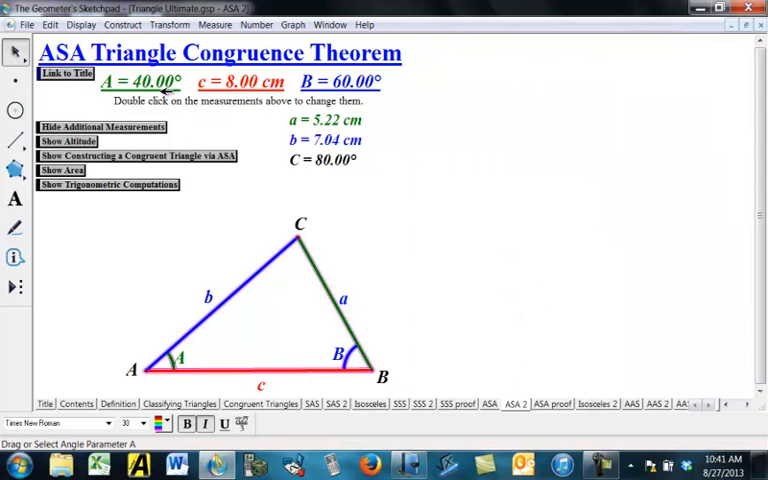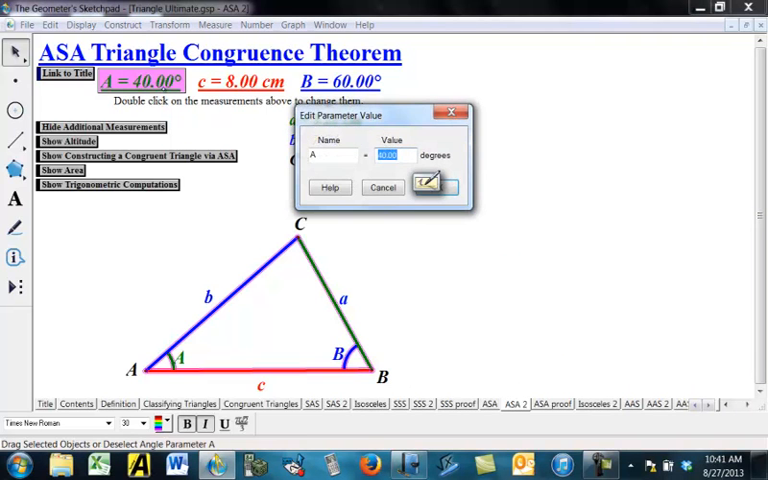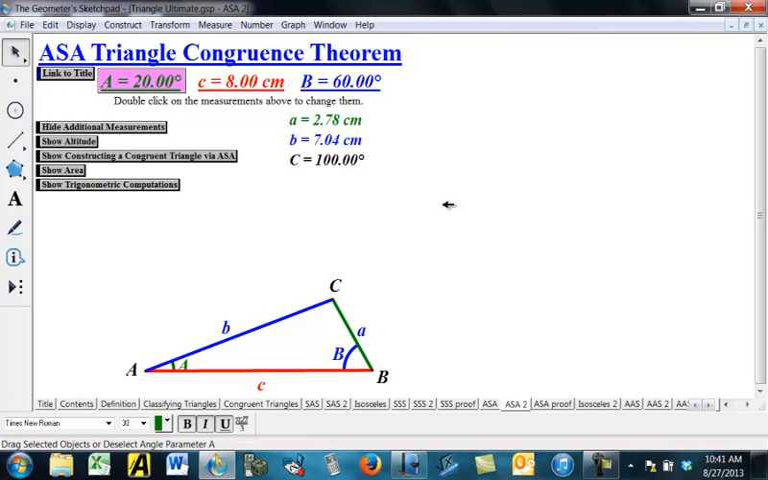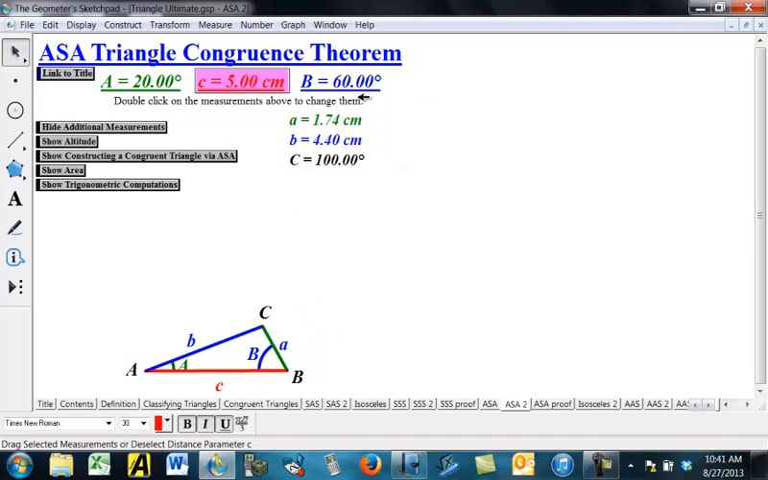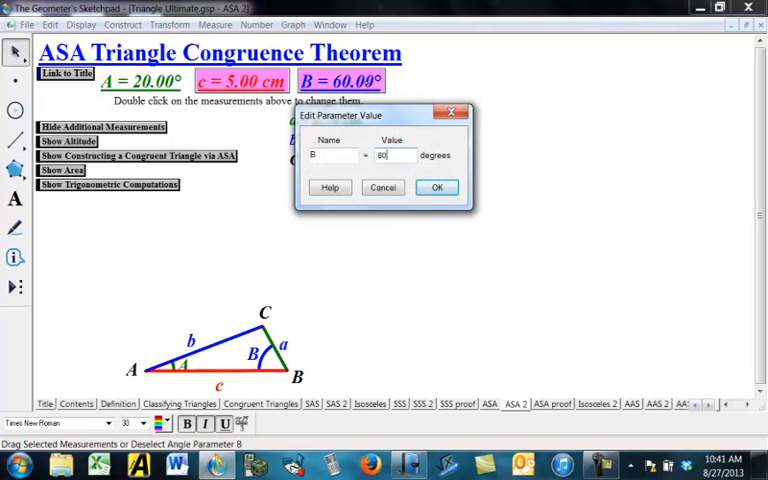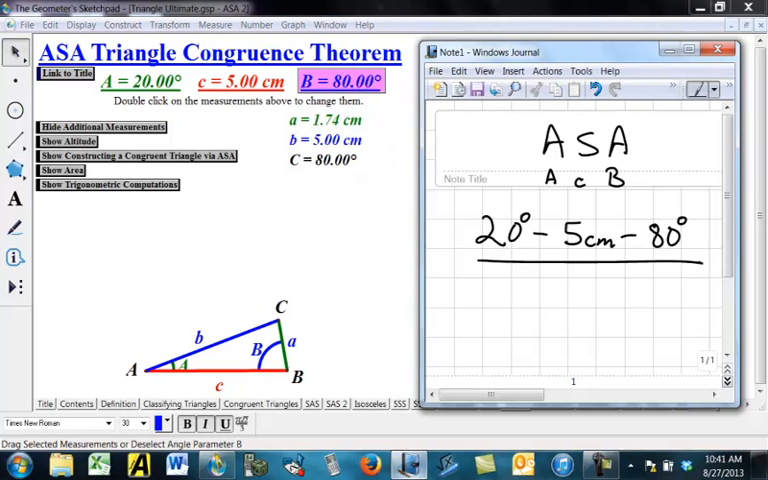So what we're going to do here is we're going to double click on that and type in our 20 degrees here, and I believe it was 5 centimeters here, and 80 degrees there. I believe that was the one we were looking for. 20 degrees, 5 centimeters, 80 degrees, and notice you see those. Here's the 20 degrees here at A, 5 centimeters is the red side, and the blue angle here at B,